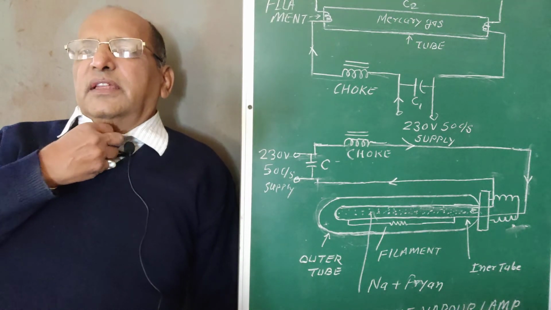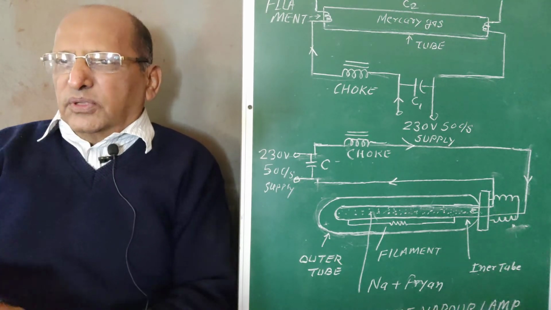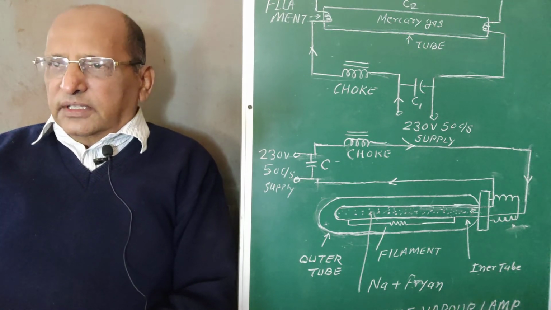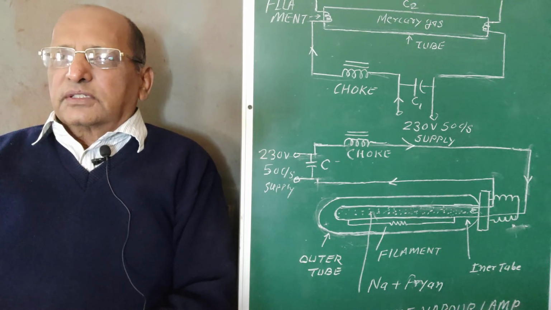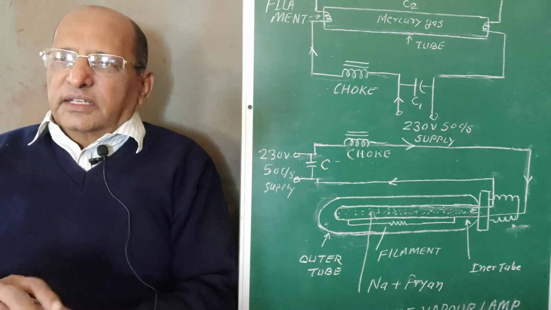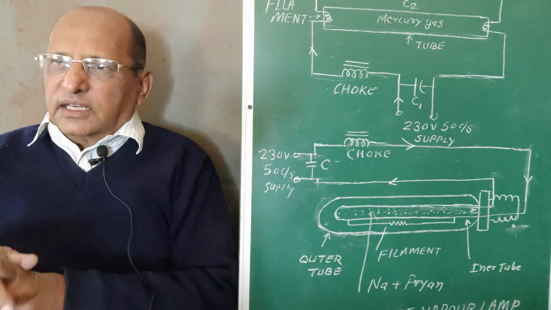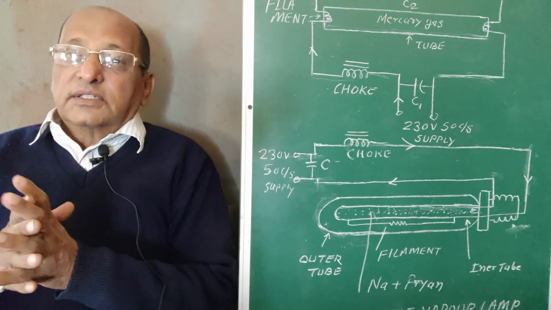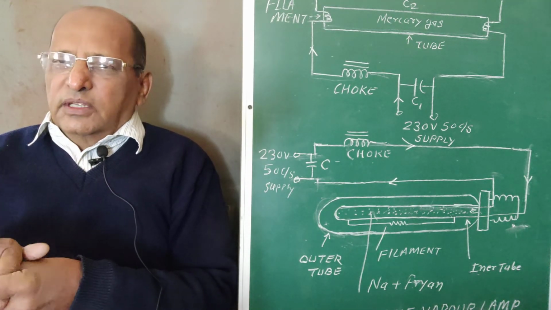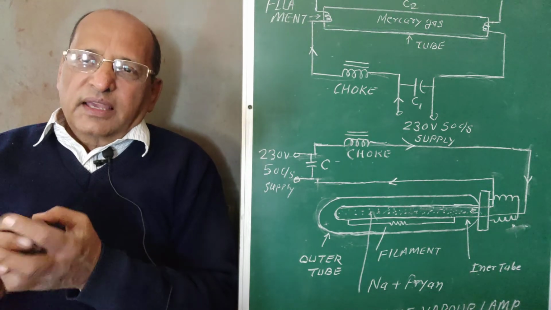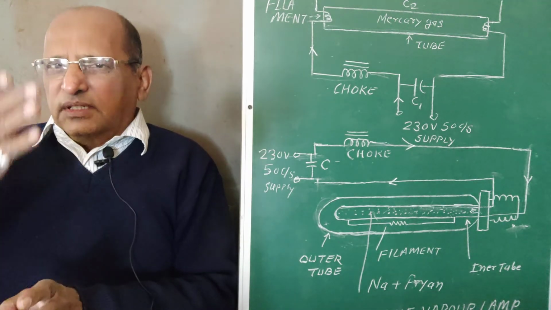Nowadays there is a lot of evolution in illumination, and new types of LED lights are coming into the market. They are used nowadays in place of mercury vapor and sodium vapor lamps. We are using these LED lamps. LED lamps are more economical in operating conditions, and cost-wise they are also cheaper. So these tube lights, mercury vapor lamps and sodium vapor lamps are nowadays completely replaced by LED lamps. So far as the course is concerned, we have to discuss all this.